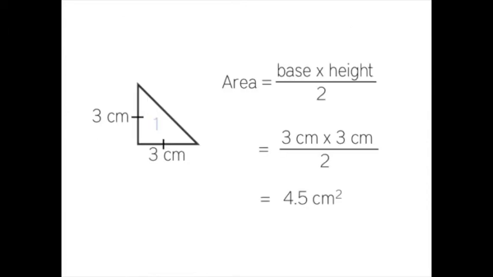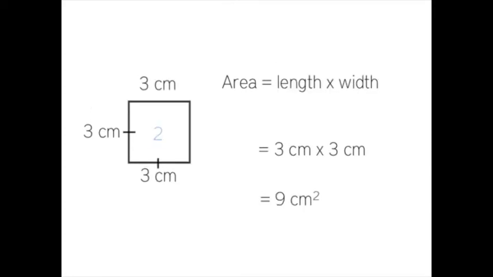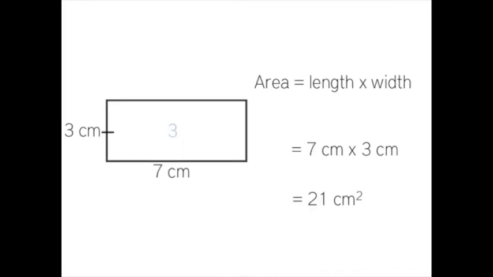So here we can sub in 3 as our base and 3 as our height, and once we divide by 2, we get a total of 4.5 centimeters squared. For our square, we will also sub in the missing dimensions. So here we can sub in our length as 3, our width as 3, giving us a total area of 9 centimeters squared. Finally, our rectangle area equals length times width, 7 as our length, 3 as our width, equaling